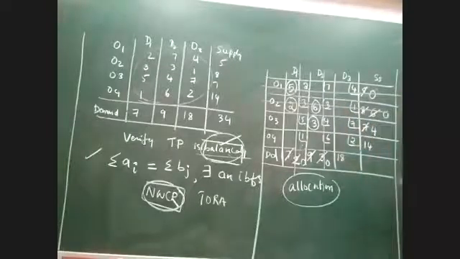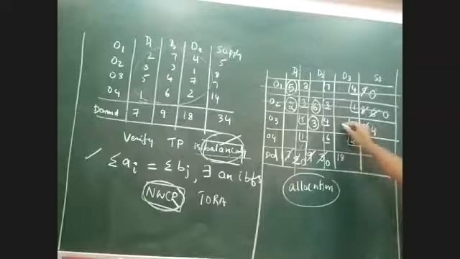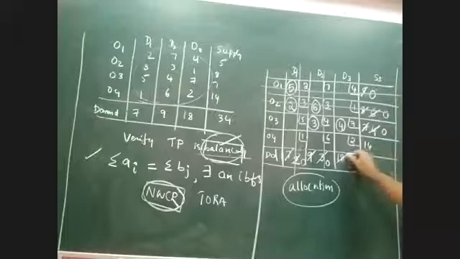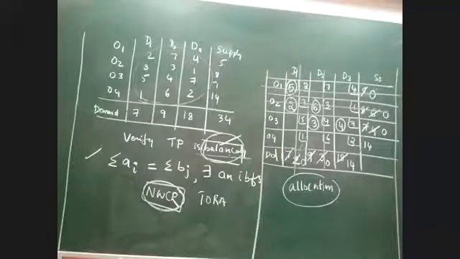Now you can see further the matrix is shrunk. Only these 2 elements are left. In these 2 elements, which is the northwest element? 7. Very good. So 4 and 18 are there. I can give 4 because the minimum value is 4. Again, this becomes 0 and this becomes 15. Which one has to be cancelled now? O3. O3, very good, so O3 has to be cancelled.